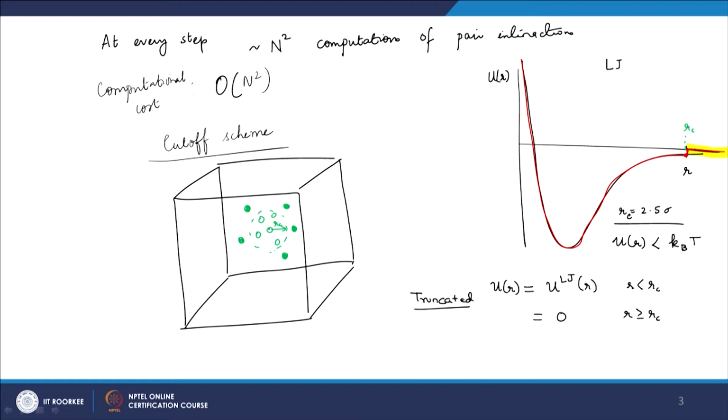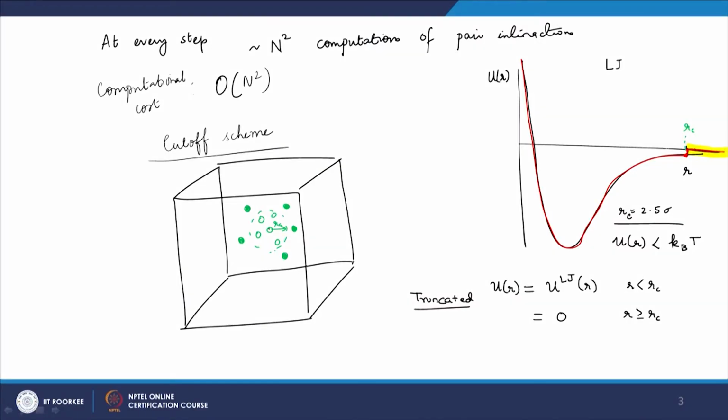Now, there is a bit of a problem here, that if I look at R equal to RC, at that point the energy is discontinuous. So, this creates some problems because in certain algorithms we are interested in the gradient of the energy. I will talk about molecular dynamics in some time. So, in molecular dynamics I am interested in the gradient. Okay. So, in those cases, even otherwise, even in a Monte Carlo algorithm, this discontinuity is known to give you some artifacts, and it is better to have a continuous energy function.